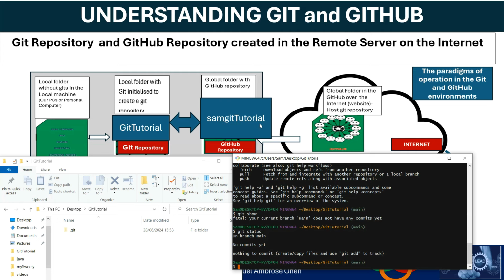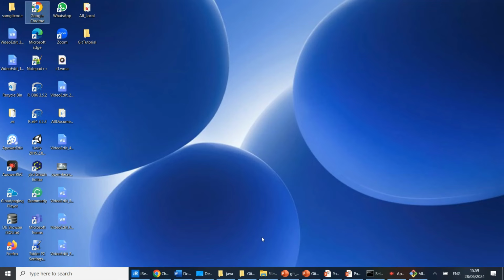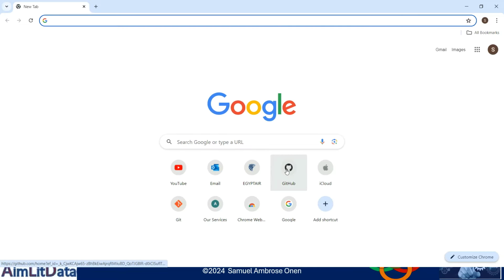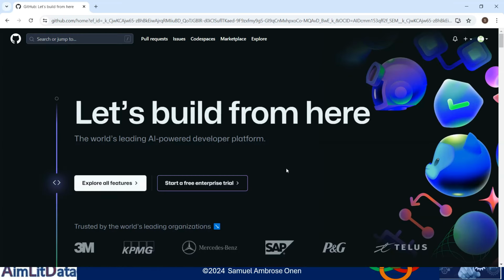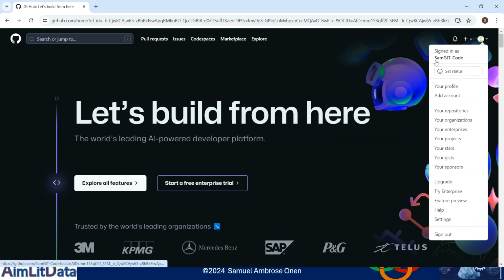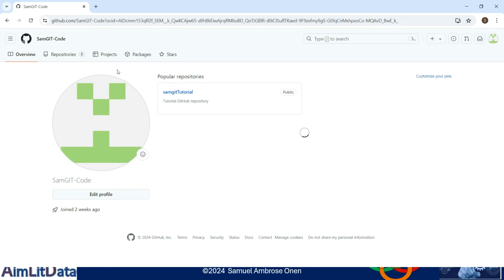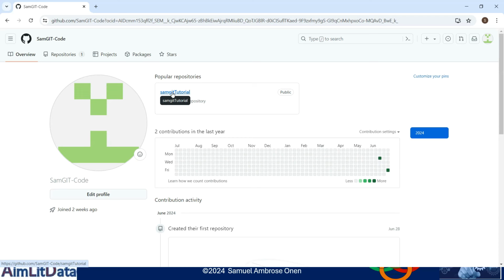We can also go there and verify. Let's go there and verify. Google Chrome and go to our GitHub account. My friend, this is the GitHub account we created last time, and we created a Git repository on this account, and that Git repository is called some tutorial. As you can see here, there's only one repository from the overview page. You can even see the name of the GitHub account is called some Git code, and I joined 2 weeks